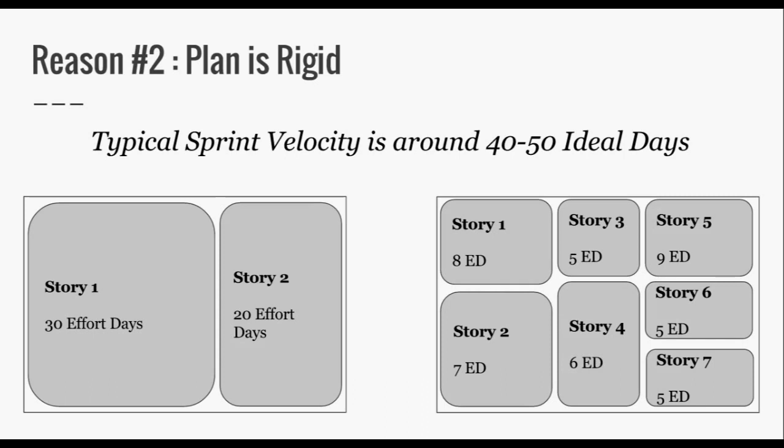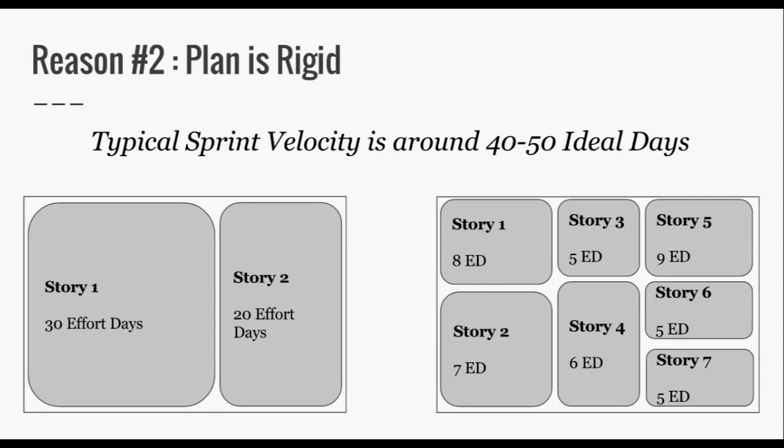Reason number 2, with bigger stories, the plan becomes very rigid. A typical sprint velocity is around 40 to 50 ideal days. By velocity, I mean what is the amount of work that the team can achieve in a given iteration. So given this 40 to 50 days average, if you have 2 stories with 30 or 20 days of effort,